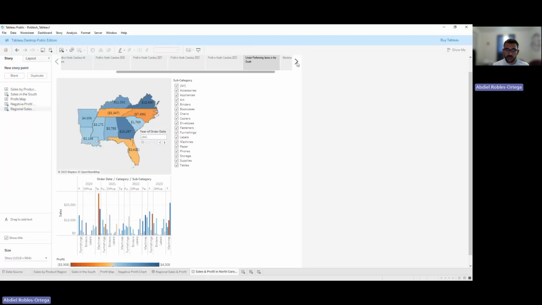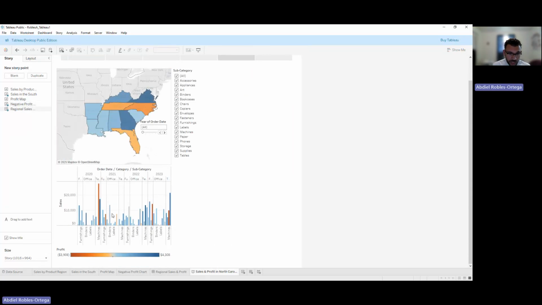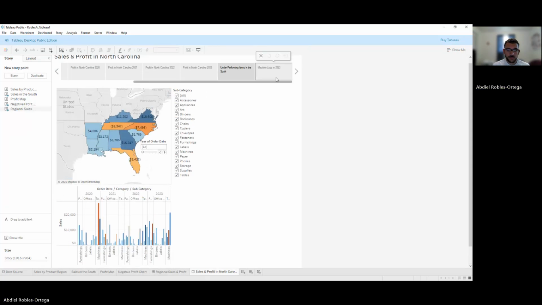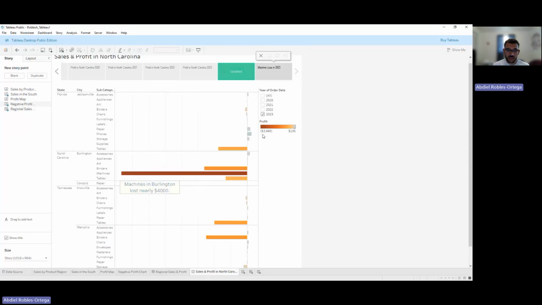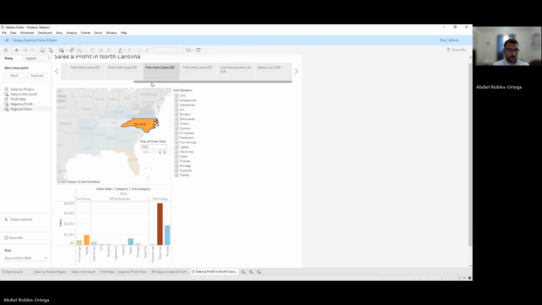Here, if we move on to this one, underperforming items in the South. Again, it's been mostly machines. Here we see machine loss in 2023. Machines in Burlington lost nearly $4,000. And if we go further up,